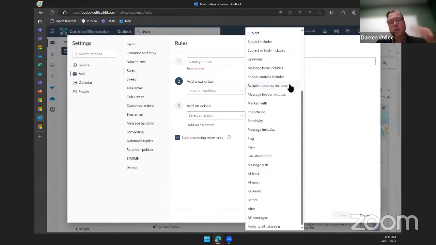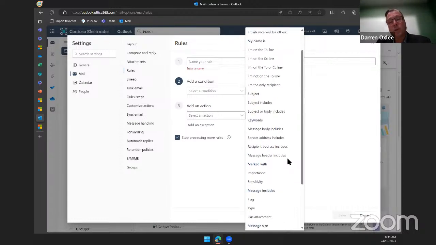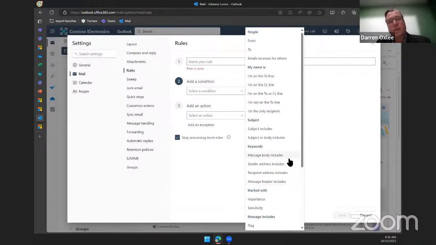Again, it's around just optimizing your inbox. You could flag specific mails. Maybe you get an email from your accountant at month end, or any of those kinds of things where you can flag them because they need follow up, and then that can create an action list from it. So there's a number of different parameters that you can set depending on how you work that really do help just kind of clean up and optimize your mailbox. The more mail you get, the more important it is actually to stand these up. So yeah, it's great. I'm glad you touched on those.